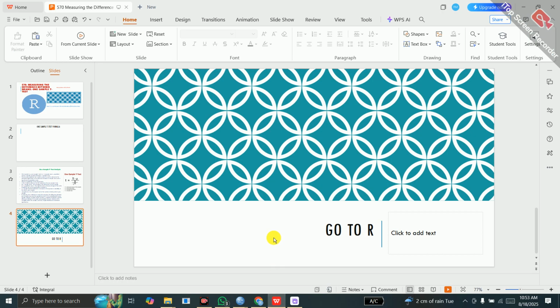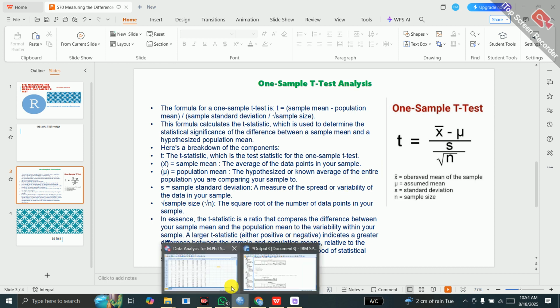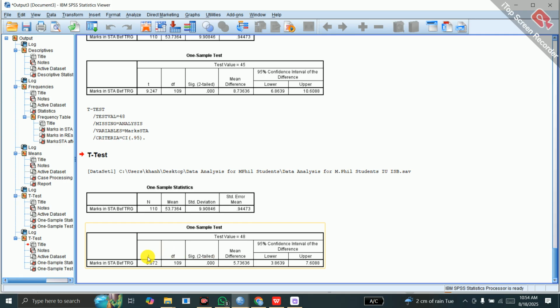The sample mean is 53 point something. The hypothesized population mean was equal to 48, the standard deviation was equal to 9 point something, and n is 110, so the square root of n will be used. If we simplify that, then the t statistic is equal to the value that we just found here in SPSS, and that is equal to 6.072. If you look at the observed p value, which is less than 0.05, we reject the null